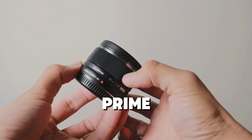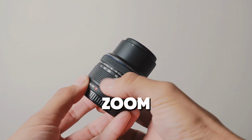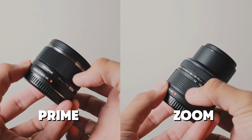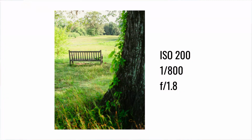That covers most of the versatility aspect, but what about creativity? Well, it's a prime lens, so you're stuck on one focal length. There's no zooming in or out. You gotta move your feet, and even when you do, sometimes that's not enough. This limitation will force you to be creative, dig deep, and use techniques and angles that you might not have thought of the first time. And from experience, I can tell you that a lot of times,